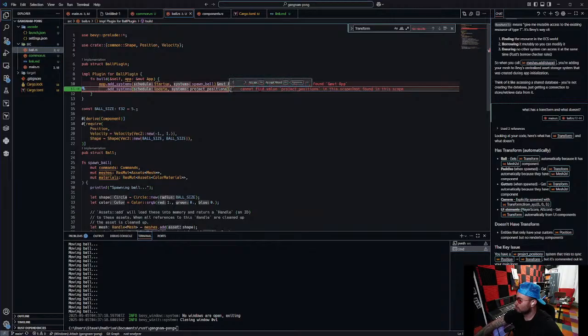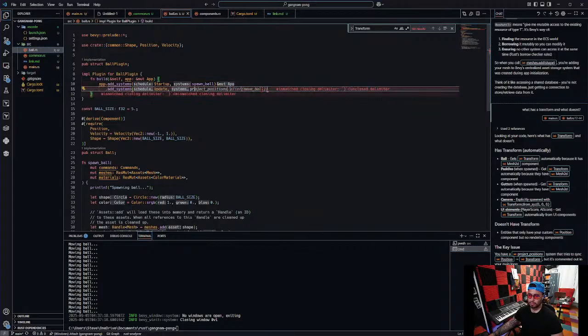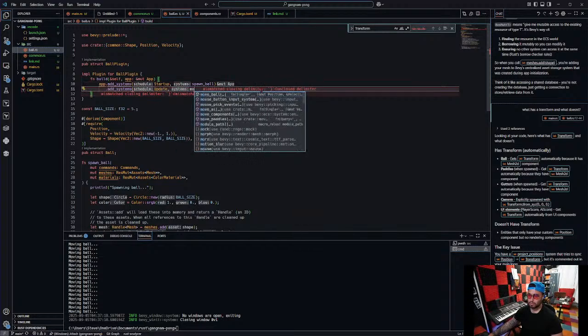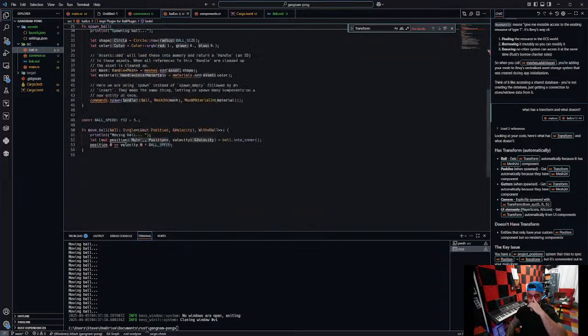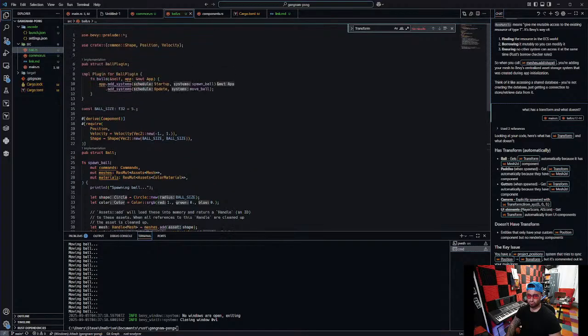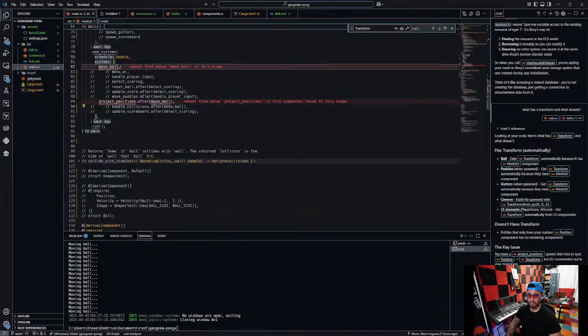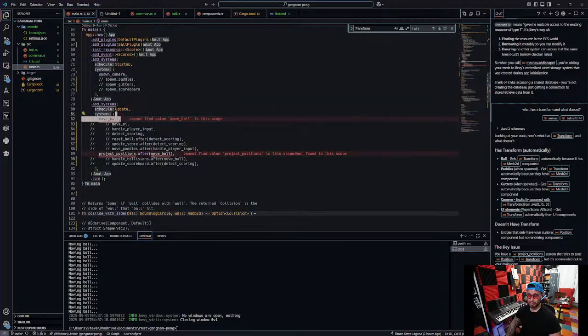Let me see if I do something. Alright, so this is gonna be move ball. Move ball, and then it's not gonna have nothing there. Move ball. Remember, this right here is like some type of code injection stuff. Just leave that system there, and then we go back to main. Not gonna worry about that right there,